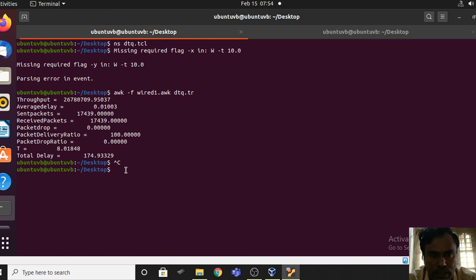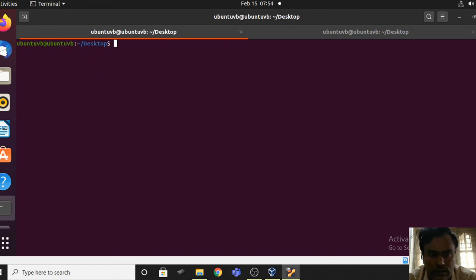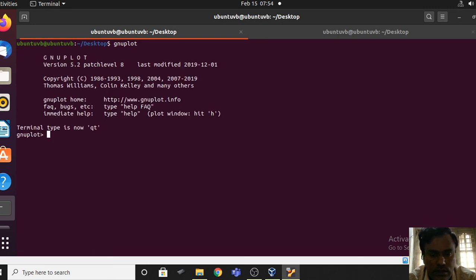So how do you plot a graph? GNU plot. Let me clear this. GNU plot. Enter. Yeah. Plot, okay, from the file name.